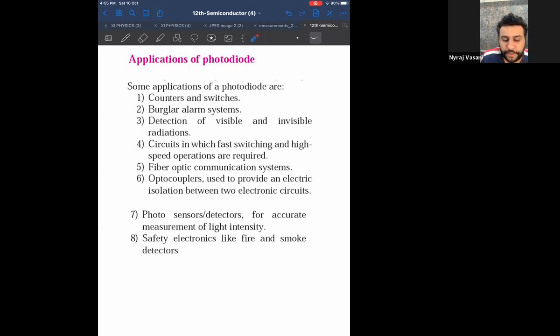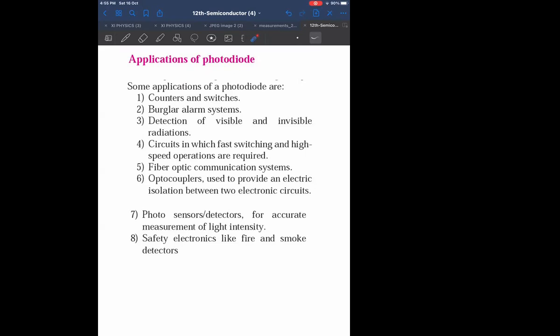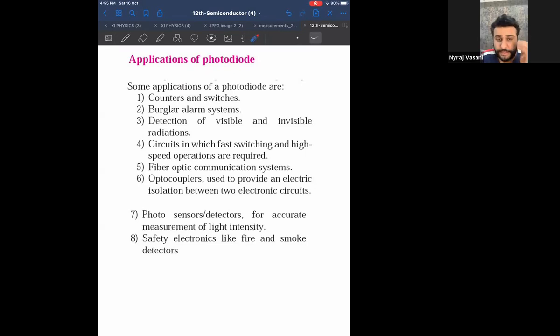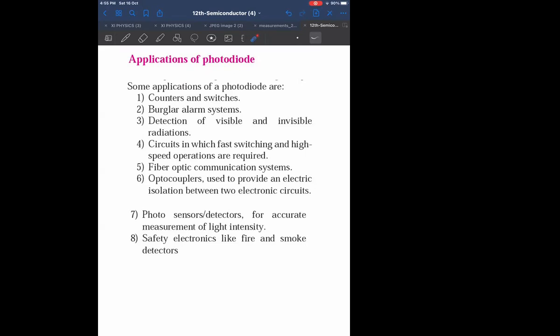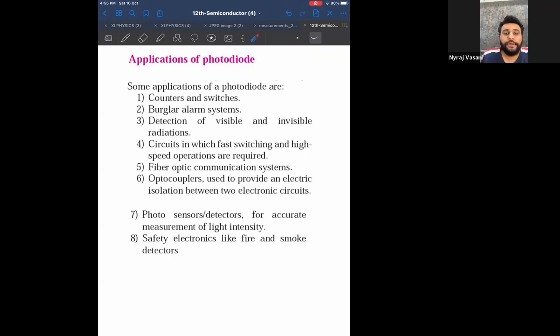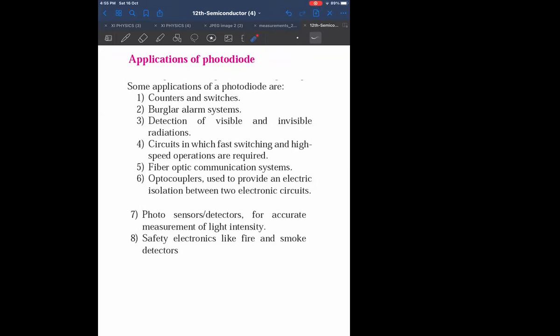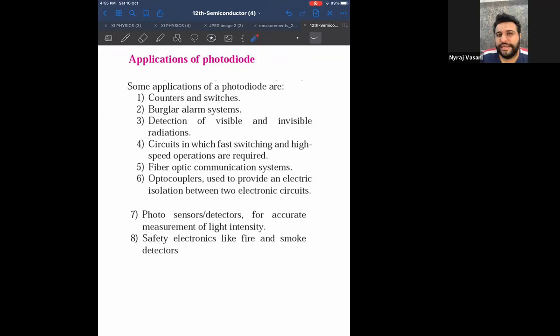Sir, vehicle headlights. Vehicle headlights, yes. Calculator. Yes. Apple is planning to remove the charger also from the box. In future, your phone will always be charged. Okay. You will not even have the battery icon showing how much your phone is charged. In the future, your phone will always be charged because of photodiode. But that is in future. Sir, after 100, 200 years later. I think after 5 years, not even 100 years. I think by 2025, you will not have a battery charger in your phone.